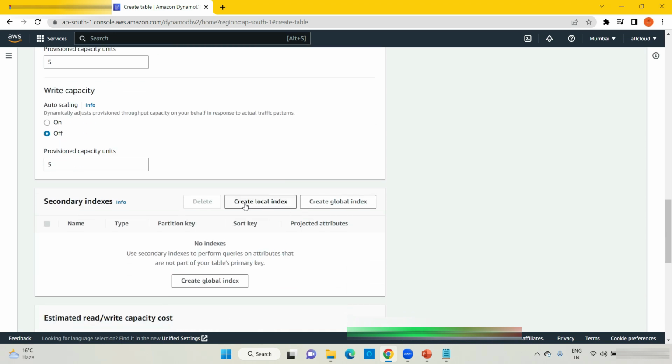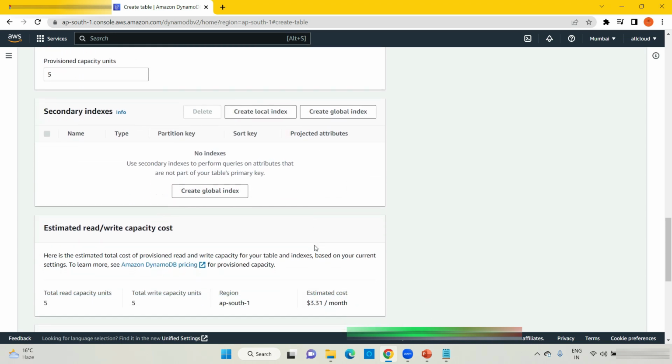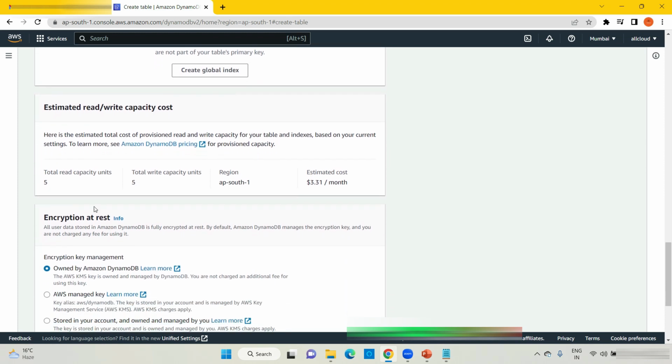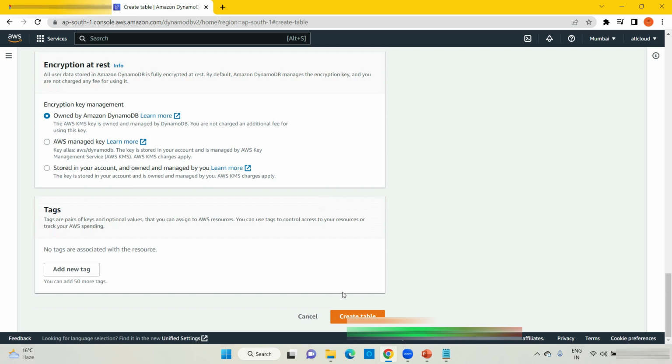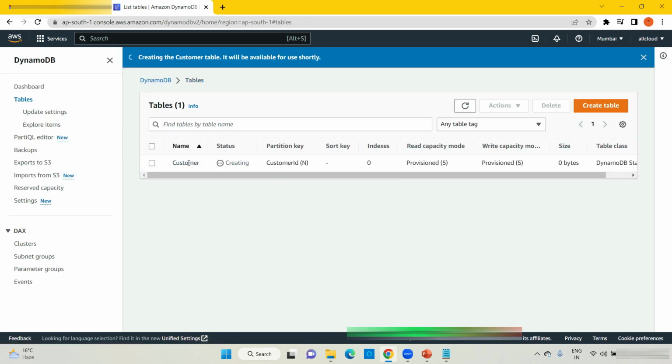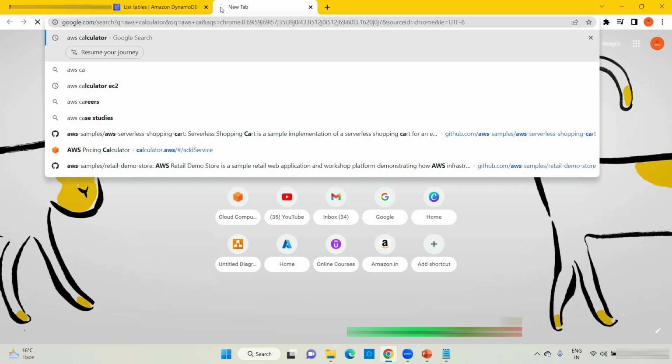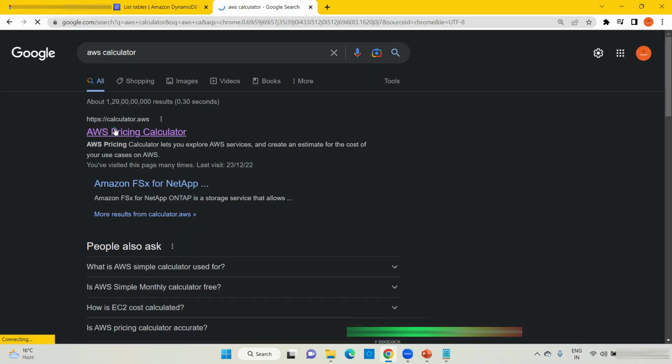You want to create an index as of now? I don't want to create an index as of now. It is showing you the total read capacity unit is 5, total write capacity unit is 5, and let's create a table. Click on create table. Till the time this is being created, I will explain how to calculate the cost in the calculator for these tables. Go to AWS calculator,